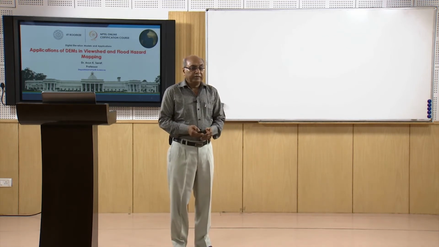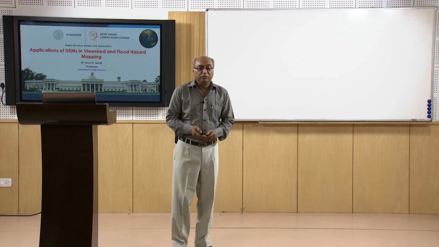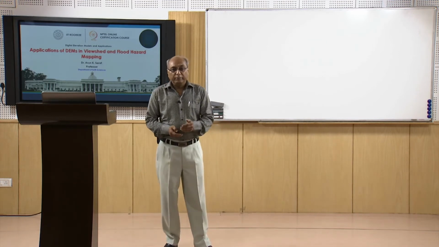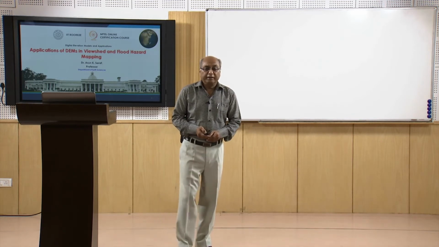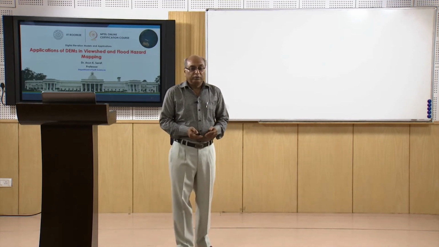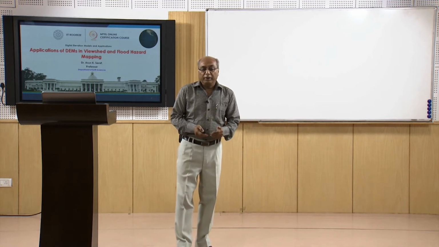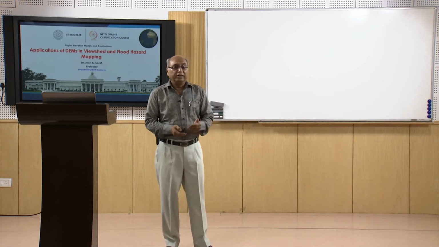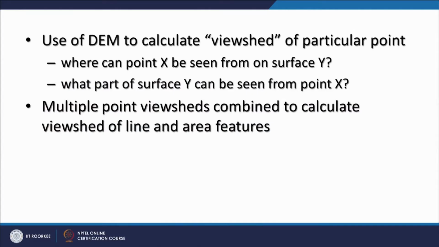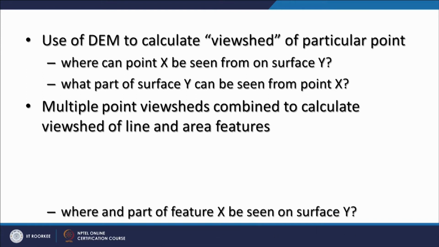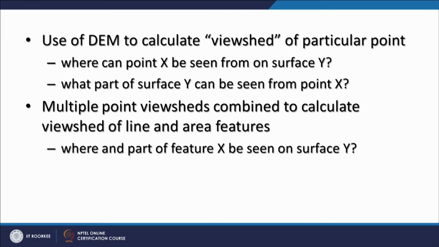So, which part of surface Y can be seen from point X, maybe a target location. If I can see point Y from location X, then I should be able to see X from location Y. And multiple point viewsheds can also be combined to calculate the viewshed of lines and areas,